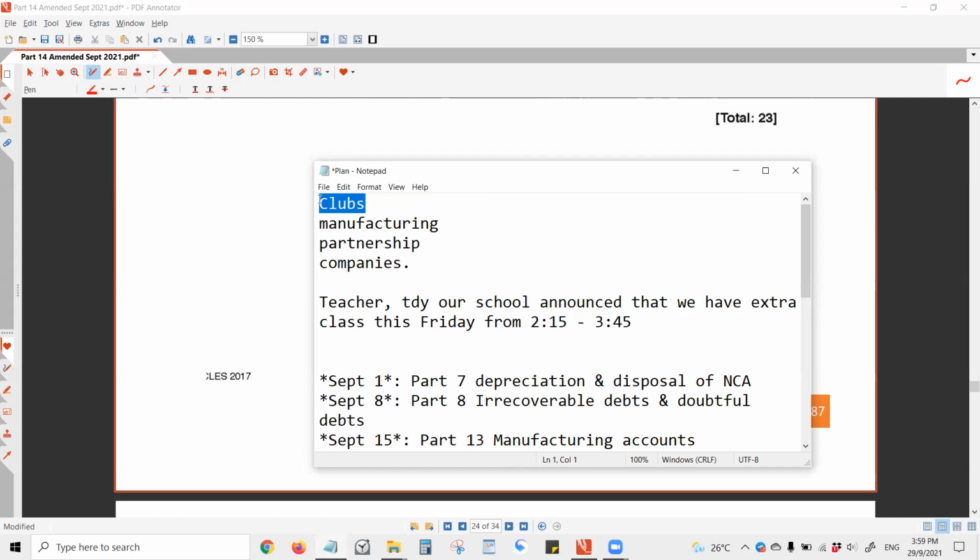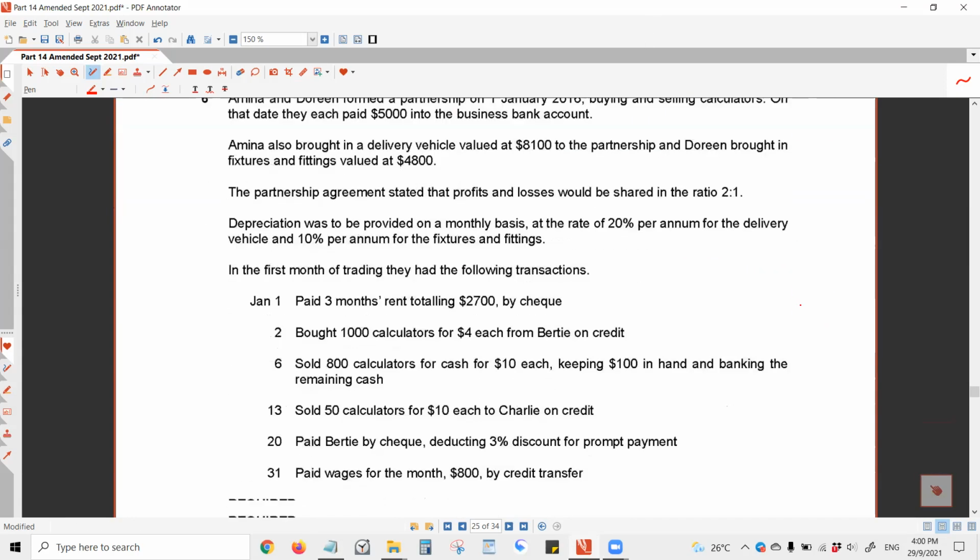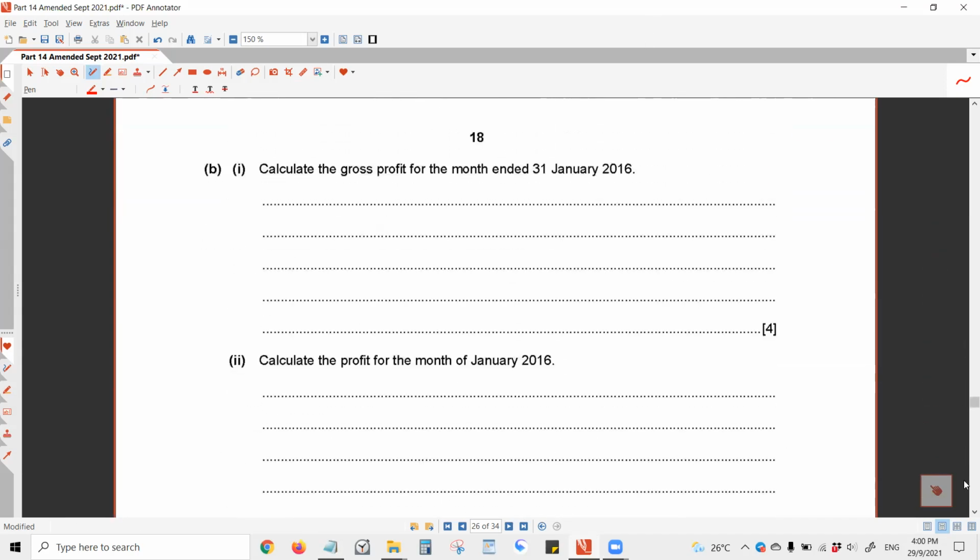So if possible, you go through my part 12. After you have learned the clubs and societies topic on your own, revise. Then you go through all the questions in part 12. If you can answer all the questions in part 12, then you are safe, unless in your exam clubs doesn't come out. Then I cannot guarantee. I cannot tell you which topics will be out in the exam because I cannot predict which question will come up. Okay, come back here. I try to show you the last few things.